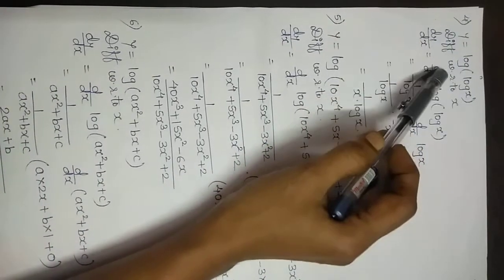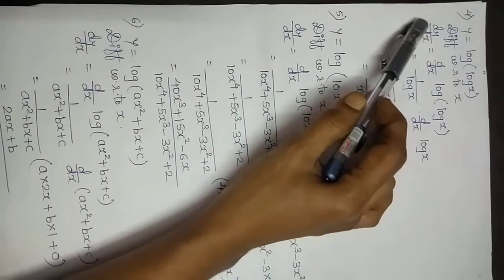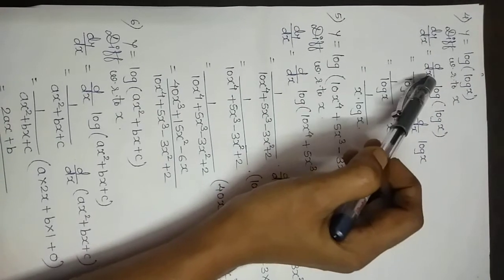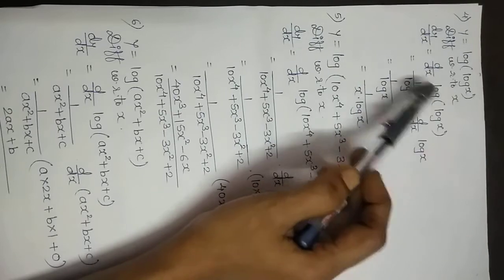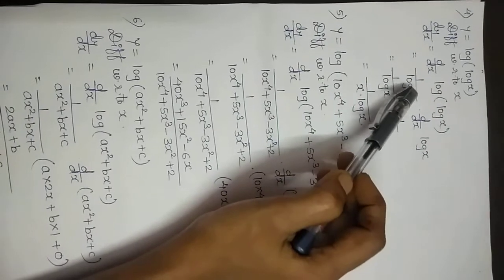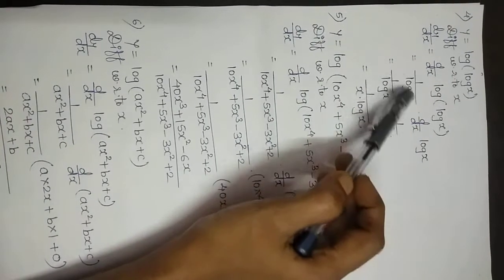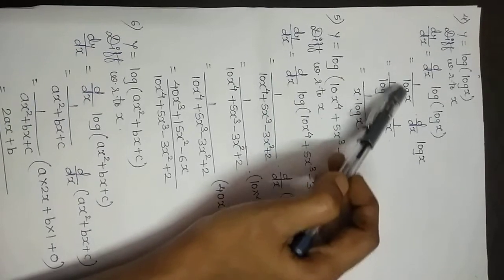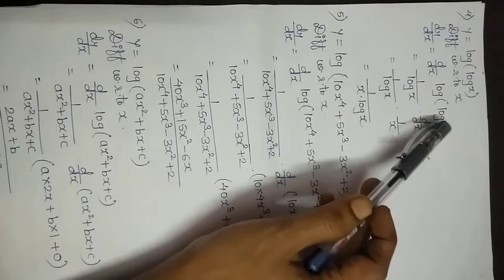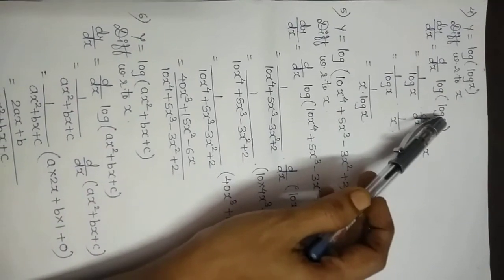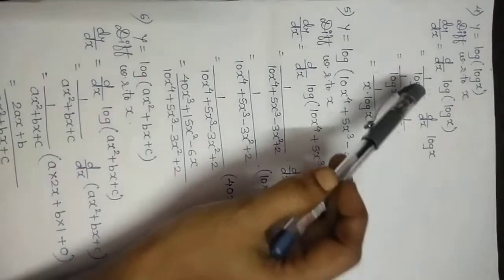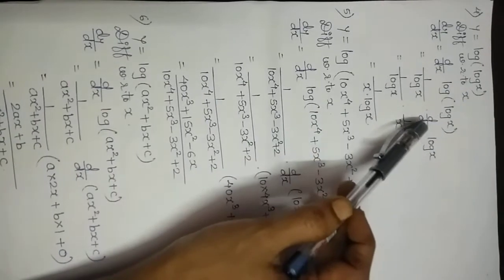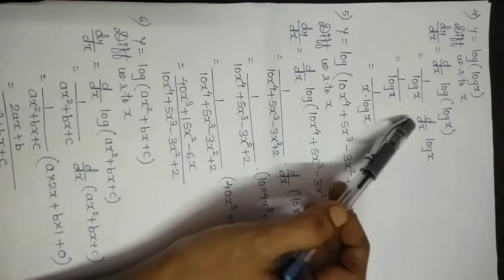So differentiating with respect to x, taking dy by dx on both the sides. Now we know the derivative of log x is 1 upon x, but our x is nothing but log x, so 1 upon log x, and the term which we have considered as x, that is log x, so again derivative of that log x. So 1 upon log x into derivative of log x, that is 1 upon x.